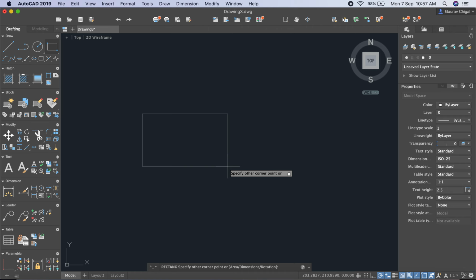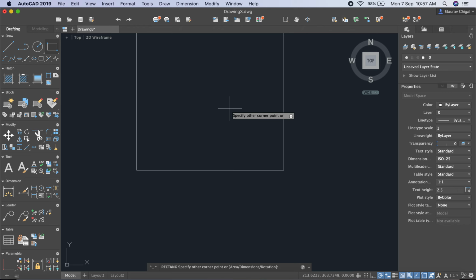So I define the dimension. For that I just press D on the keyboard, then enter. Now the system asks me about the length of the rectangle. Suppose the length of the rectangle is 200, enter, and then it asks me about the width of the rectangle. Let us say the width of the rectangle is 300, enter.